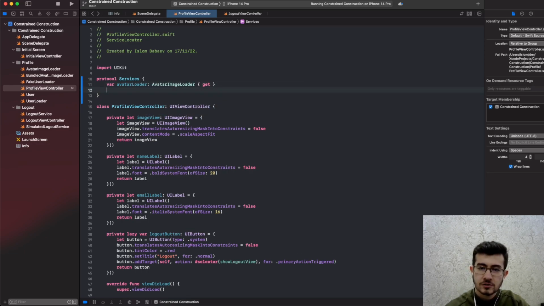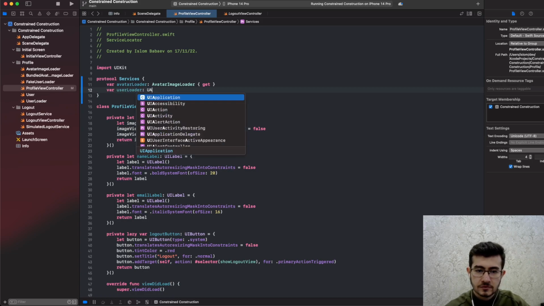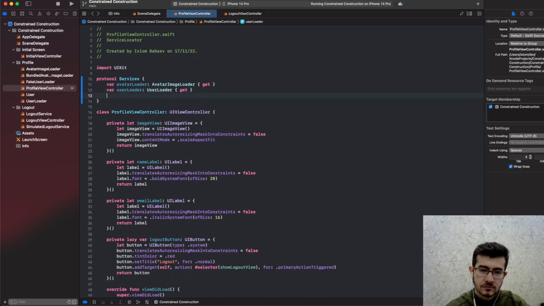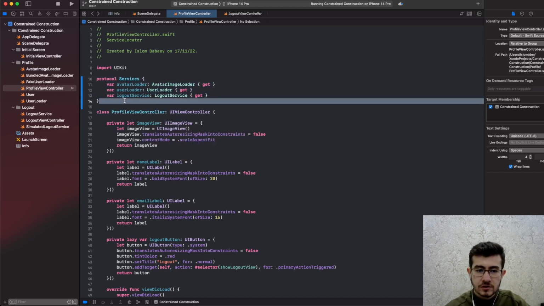We just have a getter so that we cannot set it. And then we would have user loader, and we would also have logout service, right? Okay, so we have these 3